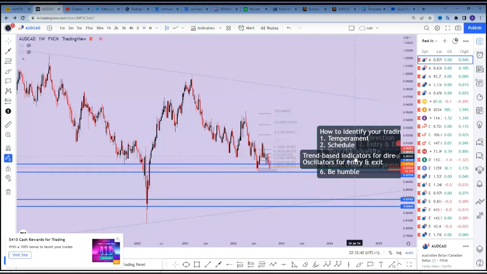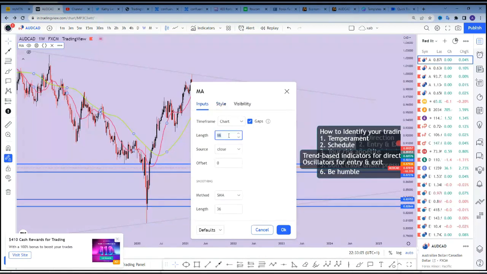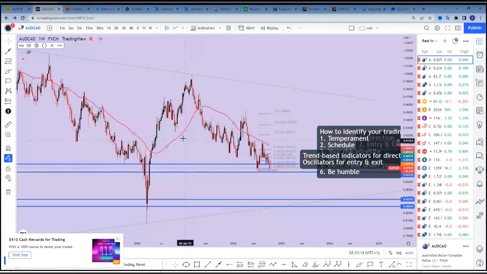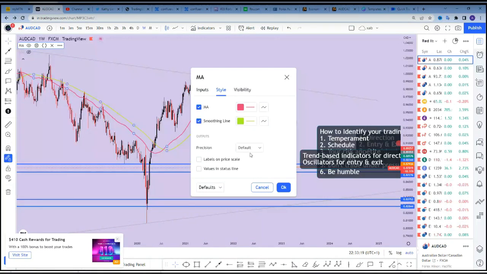So let's come to the settings. It's a very simple system. All you need are 2 moving averages and 1 stochastics. If you are not familiar with stochastics, you may want to use MACD or whatever other indicator that you're more familiar with. And this is what we simply want to do. We want to set this and then this. Then you want to make sure that the smooth thin line is also showing.